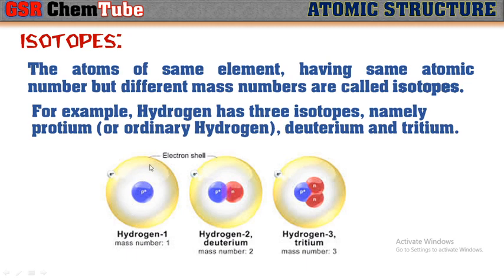If you see here, it is protium. It has only 1 proton, so the total mass number will be 1. Whereas the second one, deuterium, has only 1 proton, so the atomic number is 1 for this also, but the mass number is 2 because it has 1 proton and 1 neutron. For the third one, tritium, its atomic number is also 1 as it has only 1 proton, but the mass number is 3 because it has 2 neutrons in the nucleus along with that proton. Total it becomes 3. So these 3 vary in the number of neutrons, hence in the mass number. So atoms with the same atomic number but different mass numbers are called isotopes.